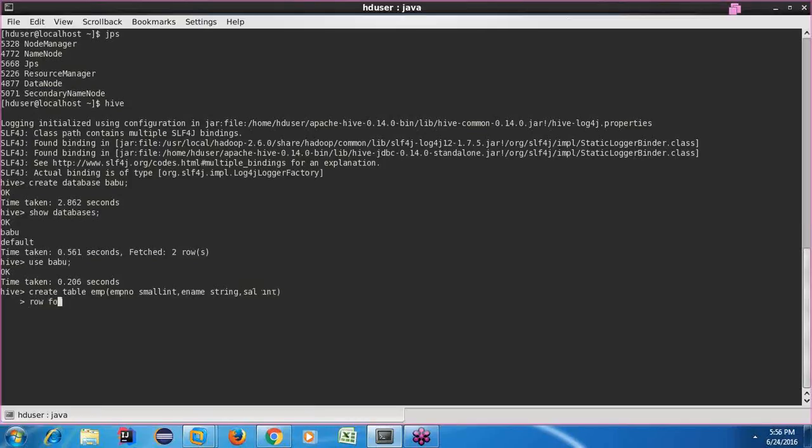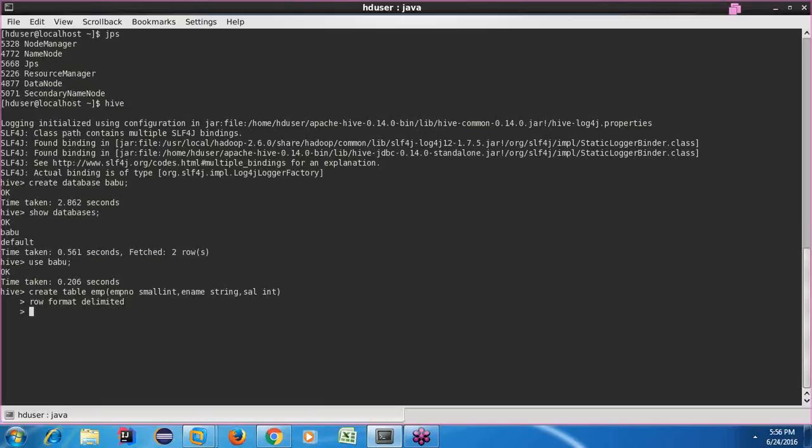Next, row format delimited. This is the statement you will have to use. If you ignore this row format delimited, it will still work for you, but it's a standard or good practice. So it's always good to use row format delimited whenever you create tables in Hive.